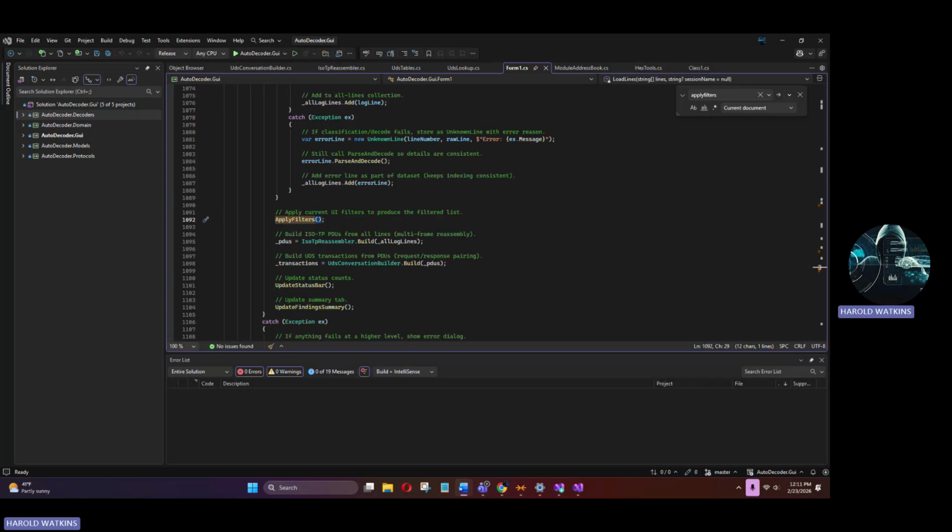Just launch this. Okay, so like I was saying, the purpose of the app is end-to-end workflow, meaning load information, classify it, decode it, filter, and summarize. And what you're going to see here, I'm going to demonstrate some of these key components, which is we have